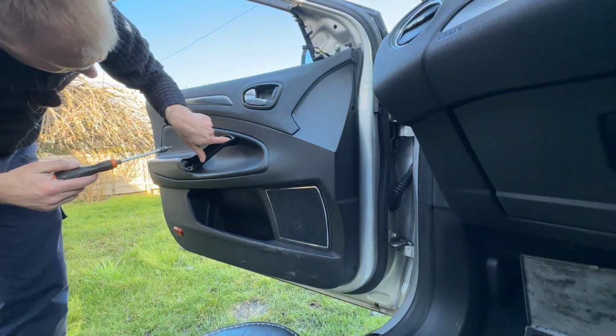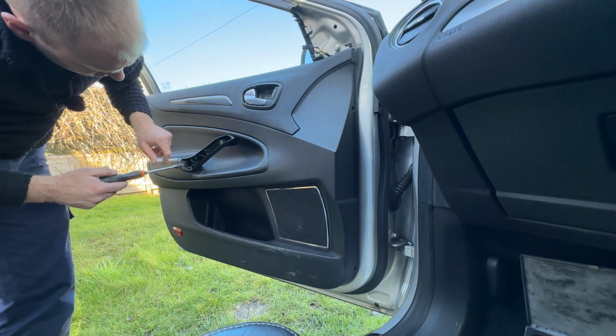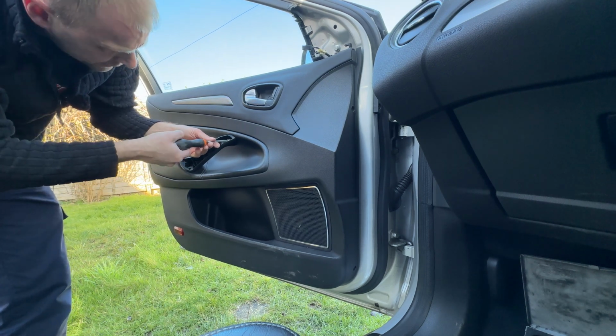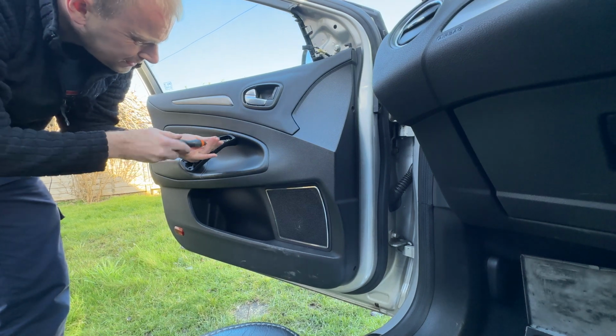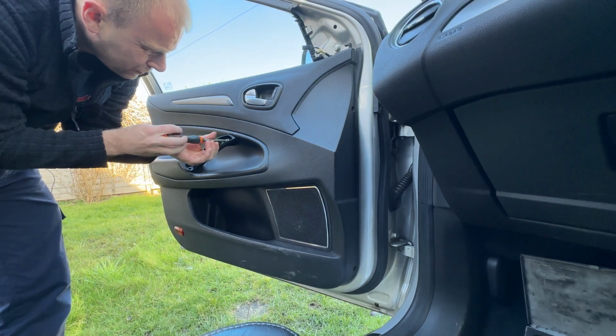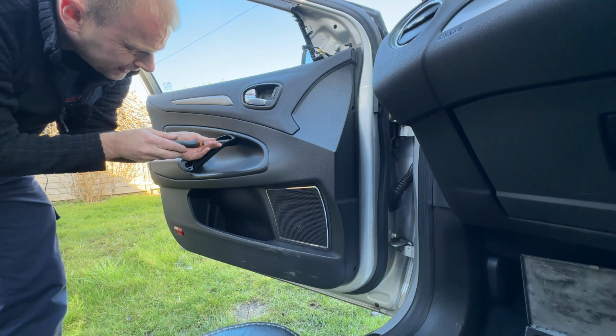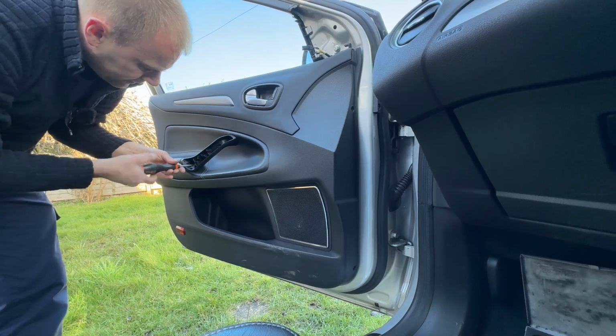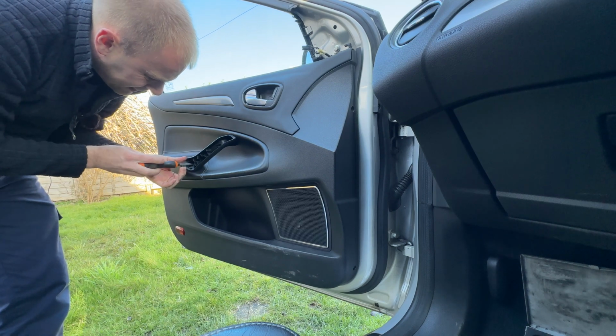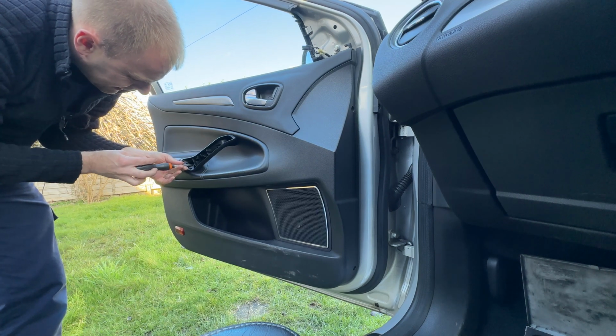So behind there you've got these 2 little troughs here. Now, this is a T25 Torx bit, so just whiz them out. Door card's not going to fall anywhere. You might need a magnet at this point. Yeah, I might need a magnet. Let's get them undone. They can be a bit fiddly to get back in, but hey, that's the name of